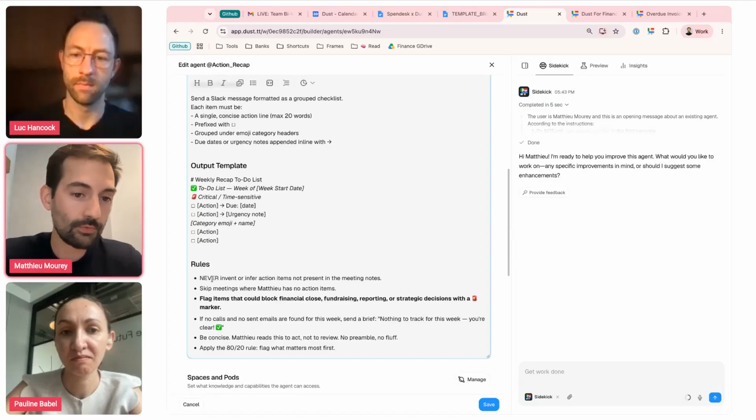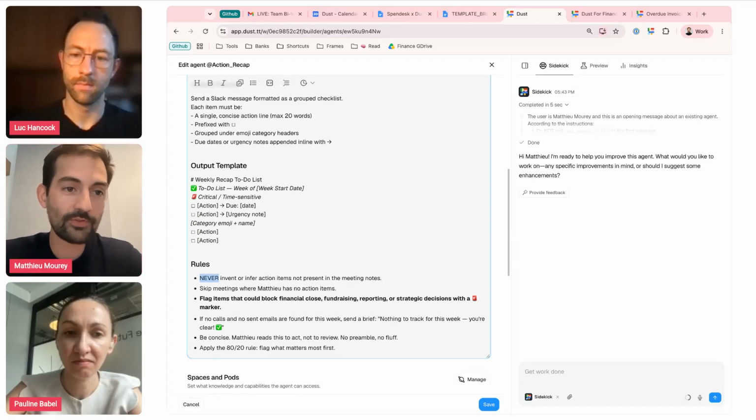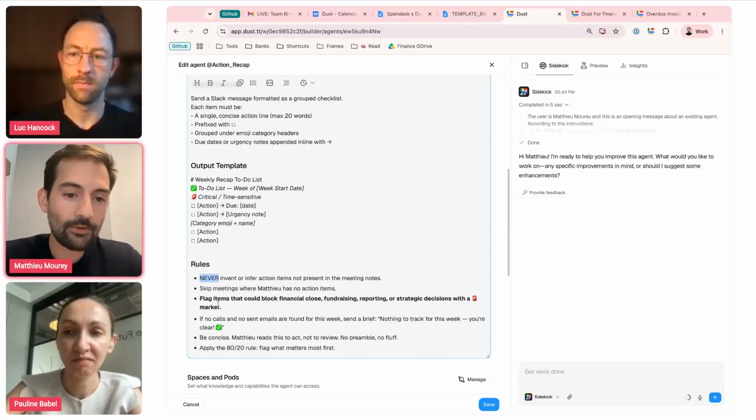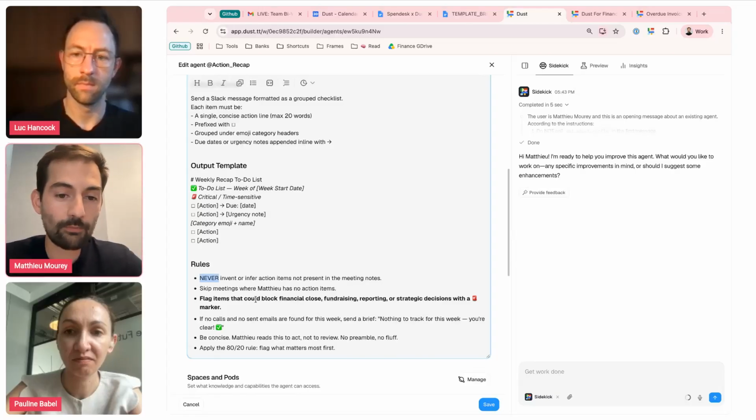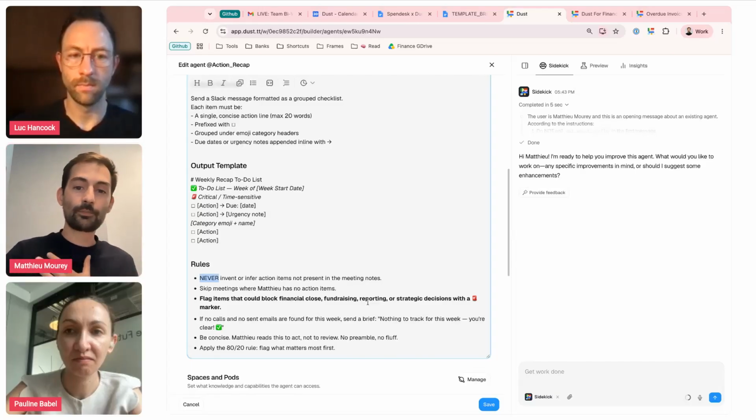And some important rules, that is to neither invent nor infer action items. It has to be a precise action I voiced during a meeting or wrote down in an email, and to flag items where I could be a blocker for financial close, fundraising, the topics that are most important to me.